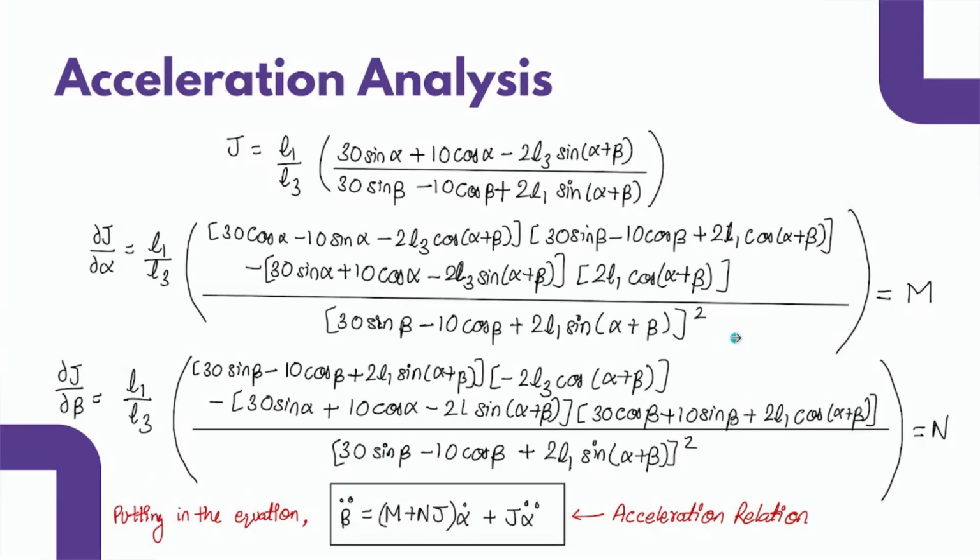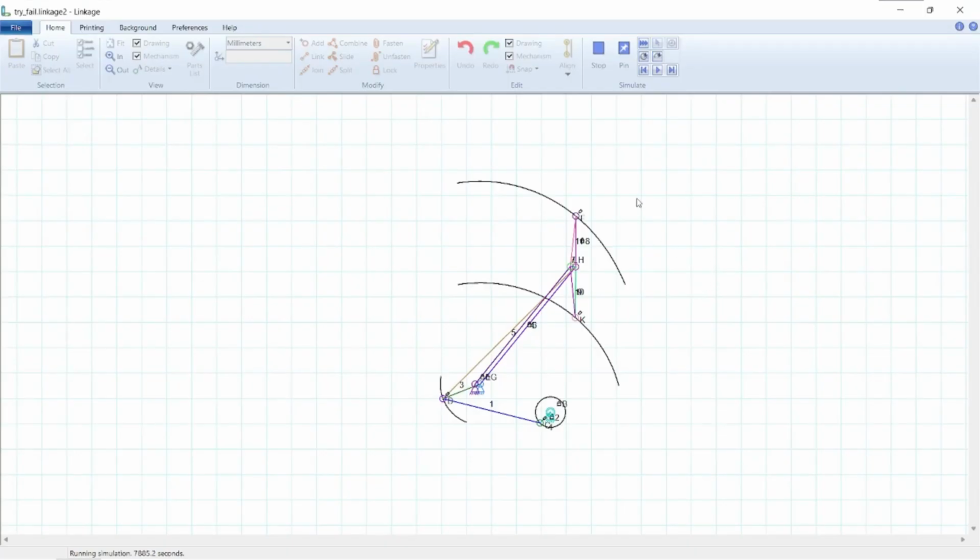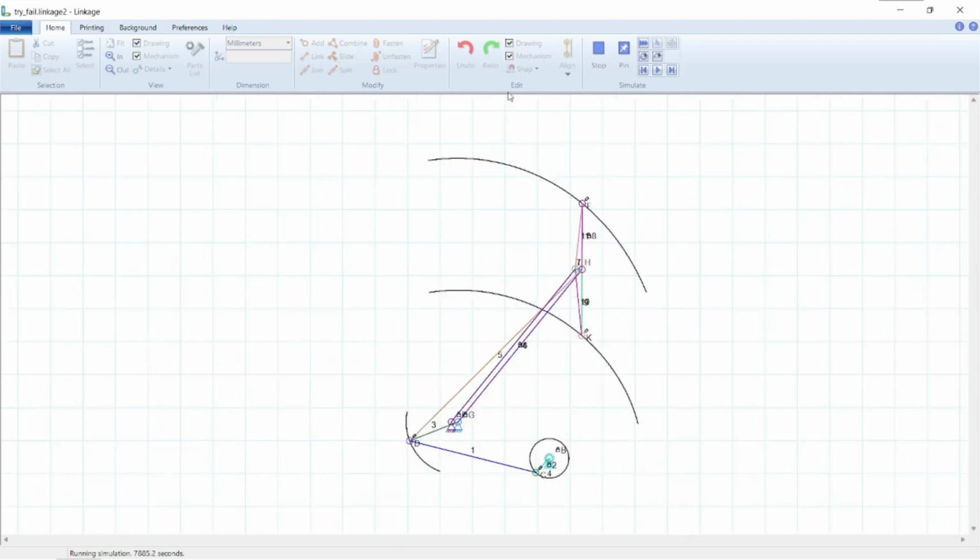So now that you have seen the calculations part, let's move on to the actual simulation part of the project. Moving on to the first one. This is the normal wiper linkage that was created in the software known as Linkage, and it allows us to perform several simulations on 2D linkages. This is a wiper mechanism based on the question given, and it has the same exact parameters and the lengths given. So when we run it,